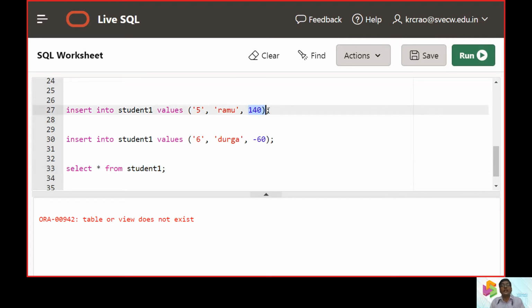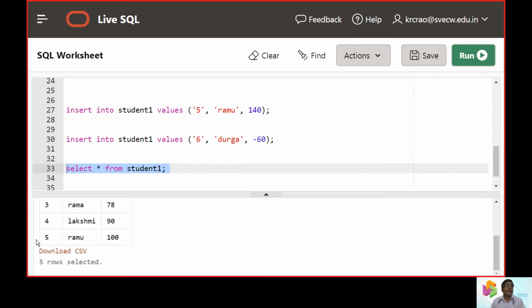Now you can understand that it is 140. Now we will see that the tuple with 5 and Ramu is going to be within a range of 100 only. So let us hit the run button. So now you can see the new tuple, that is 5, 10 and 100. It is going to give up to the maximum value of 100.